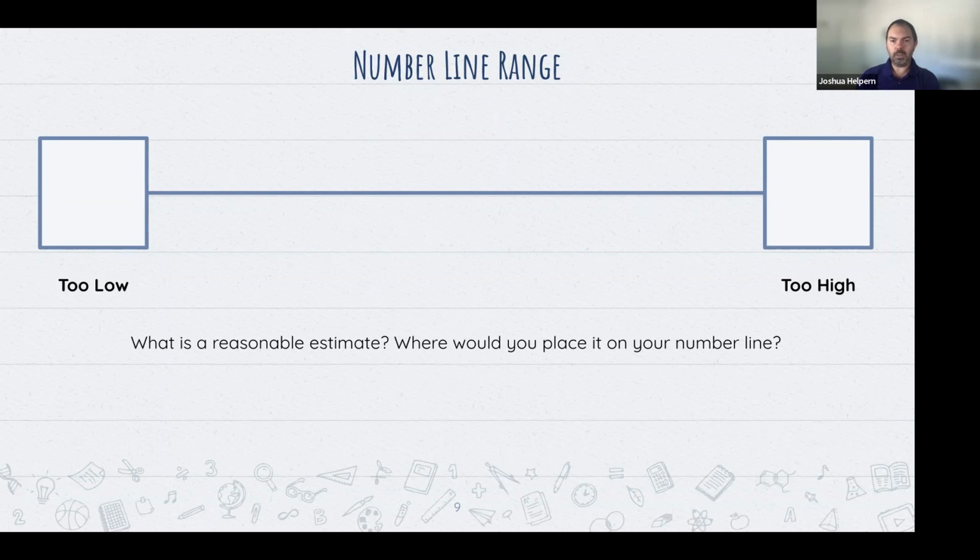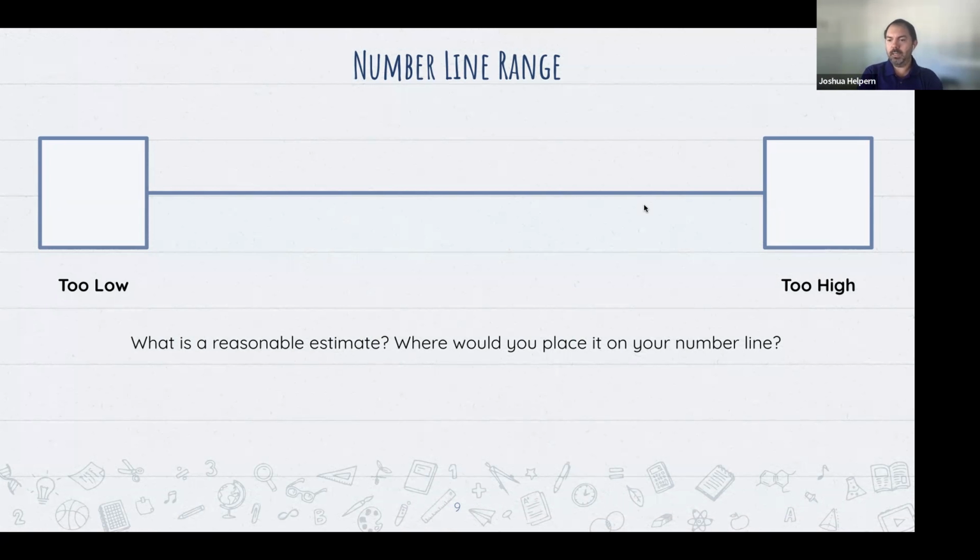The last thing I do with my students is then I say, well, a number line is also a really good tool. We've picked out our estimate that we think is too low. We've picked out what we think is too high. So what's a reasonable estimate now? It's got to fall somewhere in that range. And I also ask them, where would you put it on the number line? Would you pick a number that's right in the middle between your high and your low? Do you think your estimate's going to be closer to your lower side? Do you think your estimate's going to be closer to your higher side? Where would you put it on this number line? This is a great tool to use with the estimation.